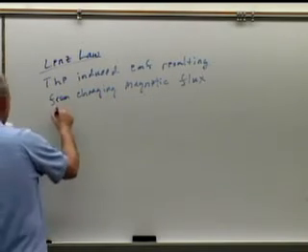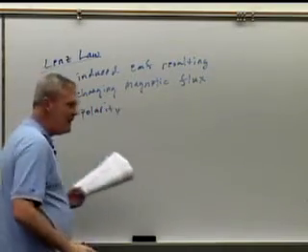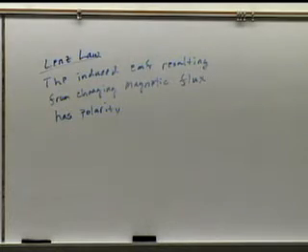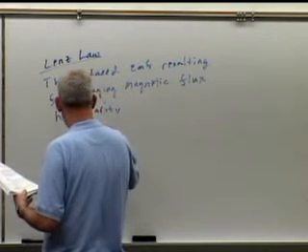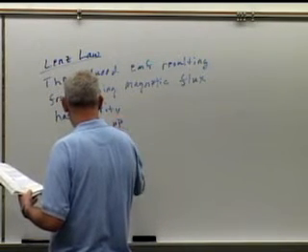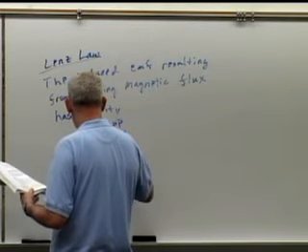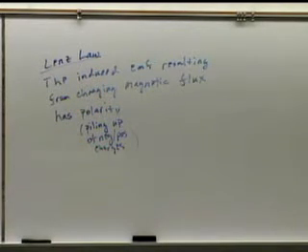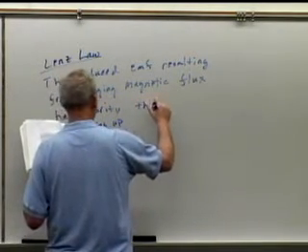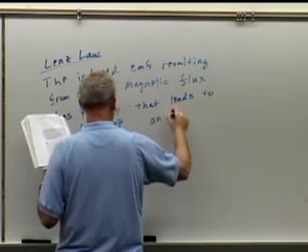has a polarity. In other words, it leads to a piling up of positive and negative charges so that it creates a current. This is the piling up of positive and negative charges, so that it makes a battery. In other words, the polarity creates a battery, basically saying the same thing, that leads to an induced current,